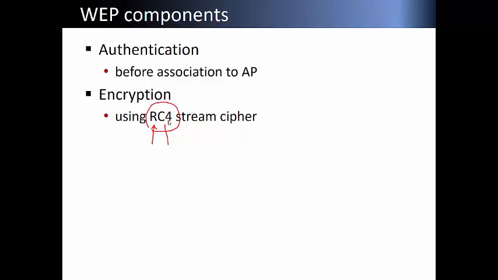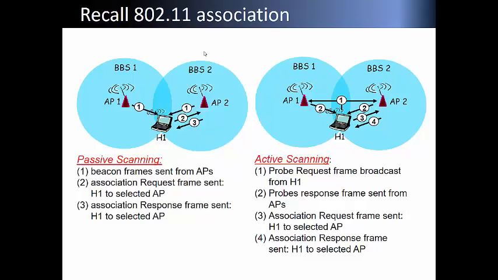Okay. So before you send the message, therefore encryption is needed. What we need to do is authentication. Your laptop needs to authenticate the server, which is AP, access points, so that access point and your laptop can communicate. In order to do that, your laptop needs to associate, right? This is an association model. There are two kinds: passive scanning or active scanning. By that we mean here